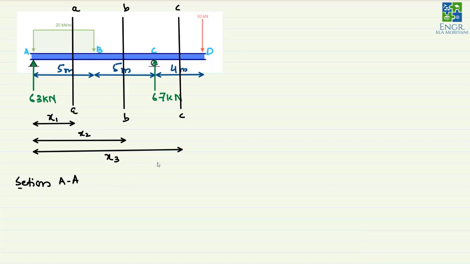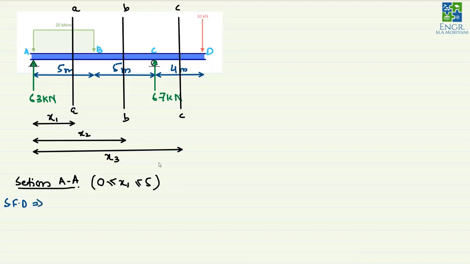We are doing section AA, and the equation which we will get from section AA will be valid for the value of x1 which is greater than or equal to 0 and less than or equal to 5. Okay, so let's draw the equation for that. And for the shear force diagram, we will have the